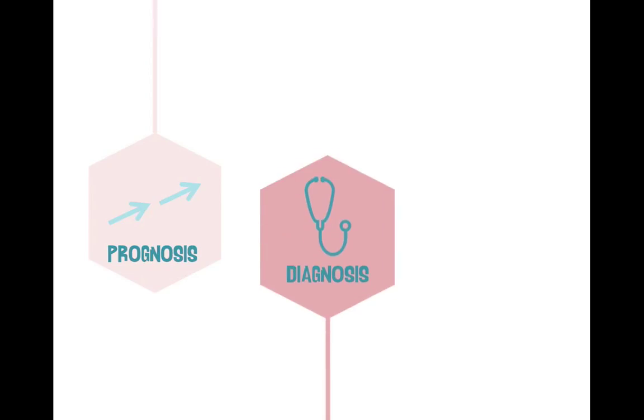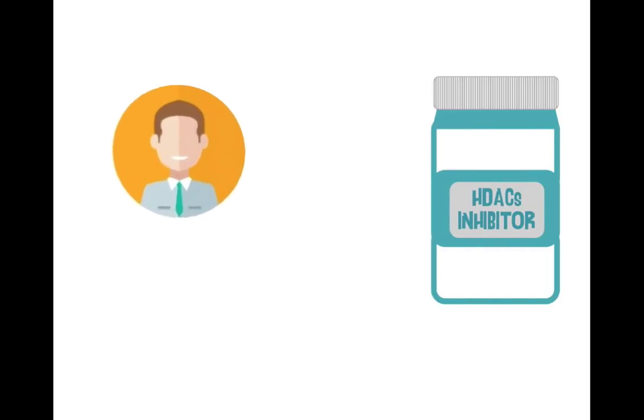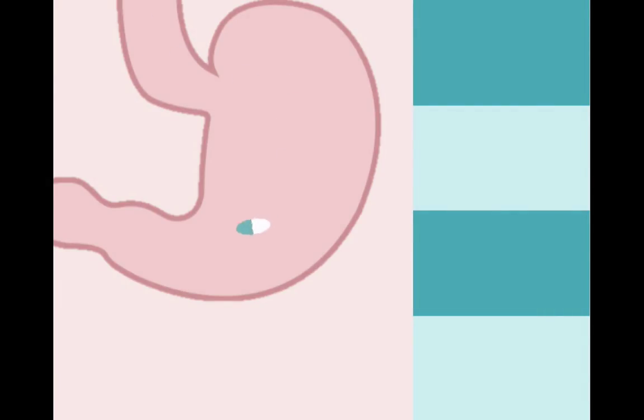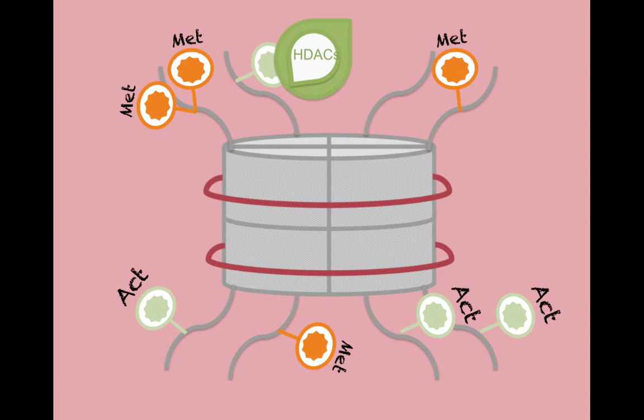We can also use histone modification in the therapy of prostate cancer. In the case of a person who has a low level of acetylation, we can increase that level by using an HDAC inhibitor. This way, over time our patient is going to recover his optimum modification level, and therefore improve